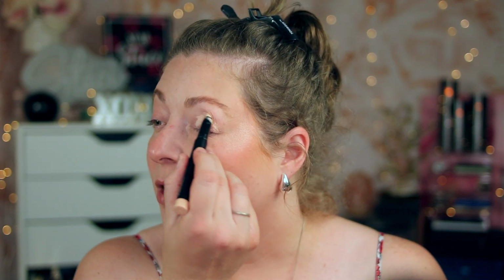And that's a good note to make if you are wanting to put the creams on your lids. Make sure that you prime your lids first, because obviously I didn't prime my arms when I did those swatches, but we're going to prime my lids and try and put on as many of these shades as possible to give you a good overall feel of what I think the quality is of these